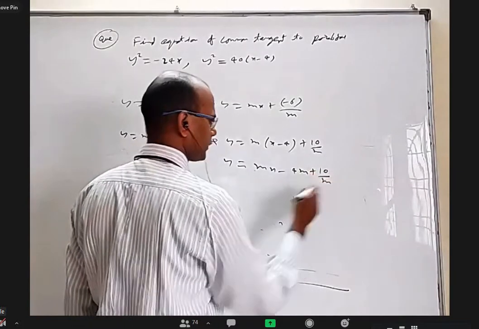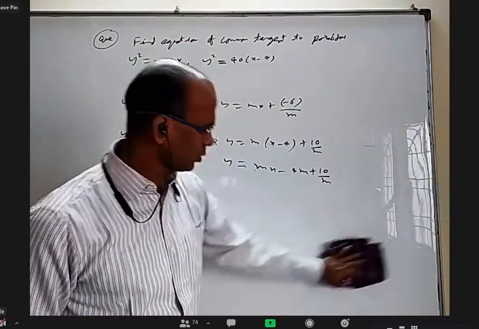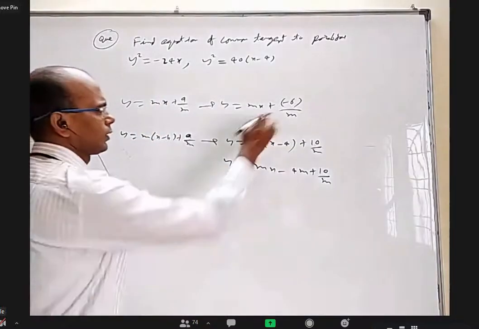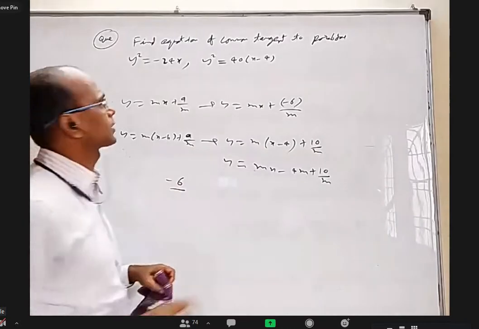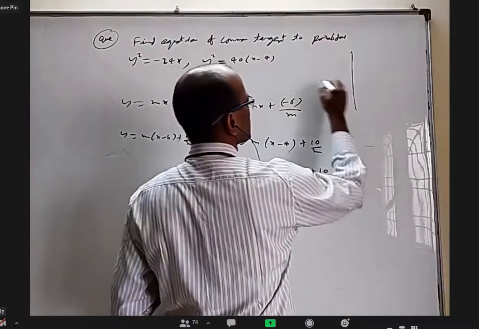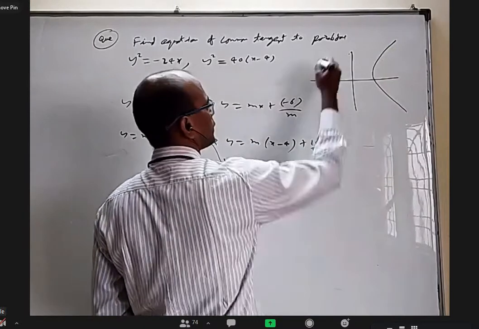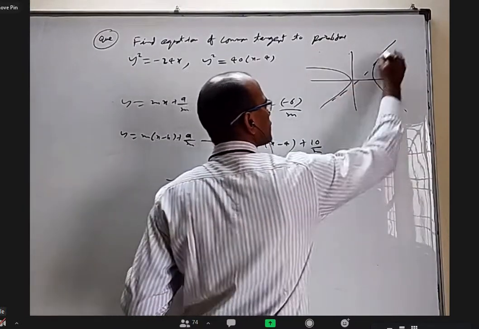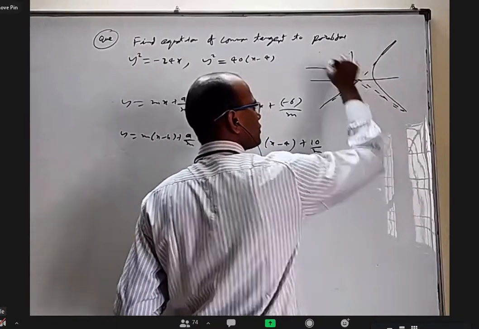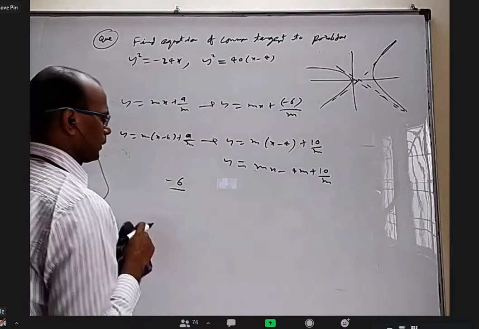Are you getting any? Two values only, sir. We're getting two values. m square equals 4. Okay, so minus, yeah, it's possible because up and down, because that's symmetrical. One parabola is like this, and another parabola is maybe like this. This is one tangent, and obviously the mirror image also will be a tangent.